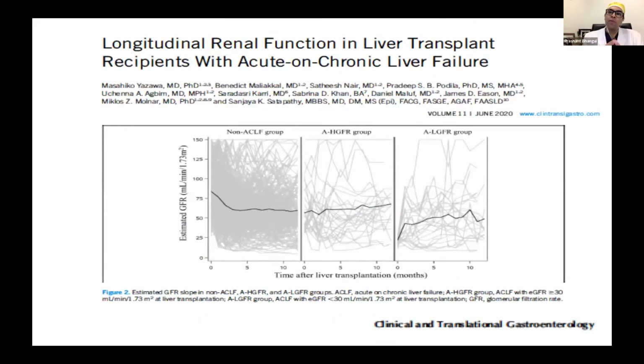One very important group of patients, and I think this is a group that is being focused on more and more nowadays, is the group with ACLF. We see more of these patients, and most of these patients who come to us will come with some degree of renal dysfunction. This is a very nice study which was recently published in 2020, and it compared basically a non-ACLF group versus an ACLF group which had a high eGFR, more than 30, versus those who had a low eGFR, which was less than 30. If you looked at the longitudinal renal function, you'll find that the recovery as well as the renal function in the long term is worse in the group of ACLF with a low eGFR.